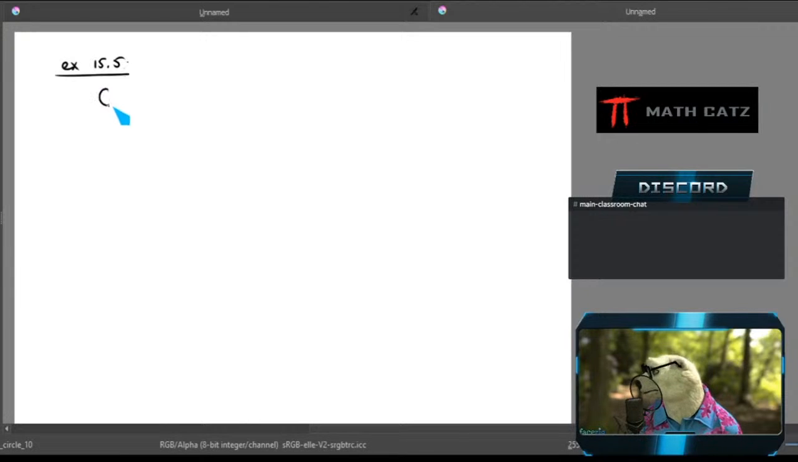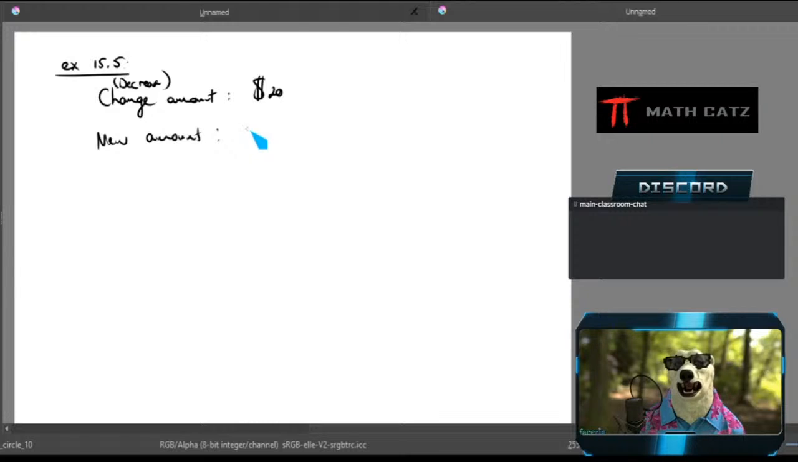So now I'll say change amount is $20. That's a decrease. Let's write here, decrease. And my new amount, new price, whatever you want to call it, is $100. They want to know, again, what is the decrease percentage or the discount percentage. Okay, but the information that I'm given is different. So now I can go again